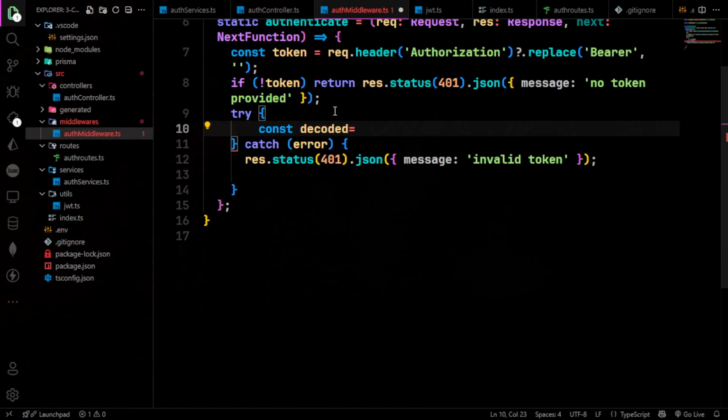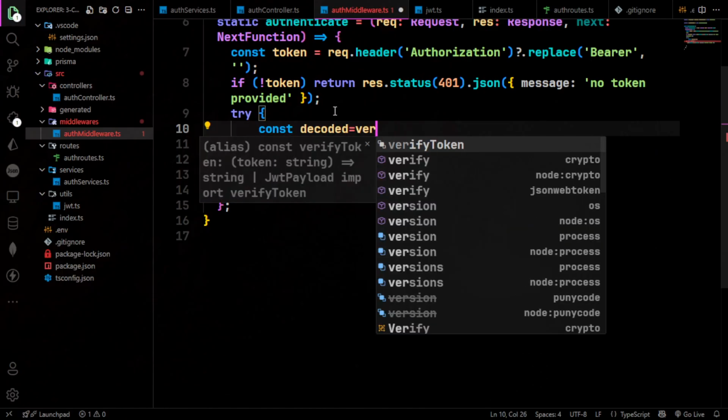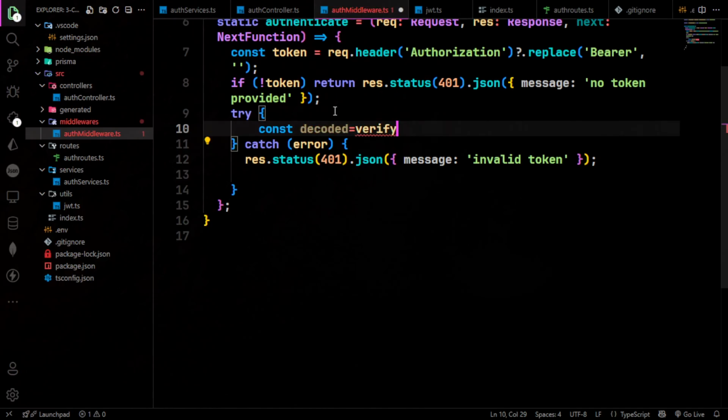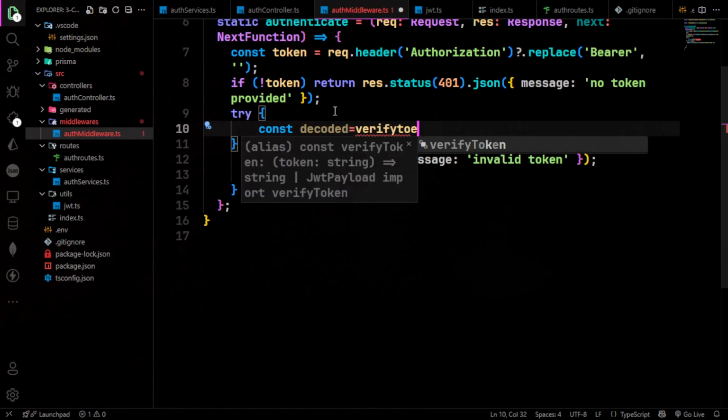As I have previously said, the token is configured with some metadata like user ID, and I have given username also. So if you want that data from the token, then we have to first decode that token, and I have created the verified token function for that,